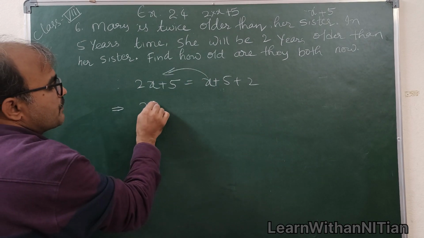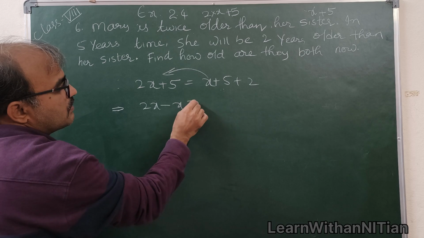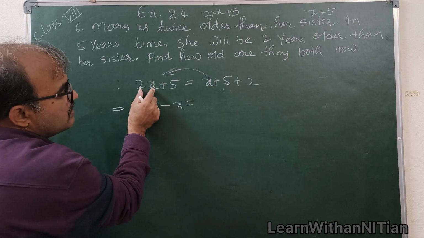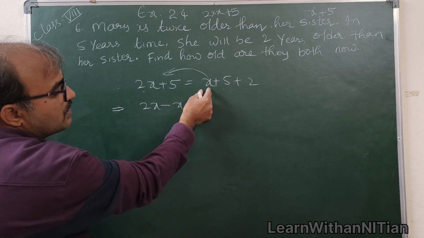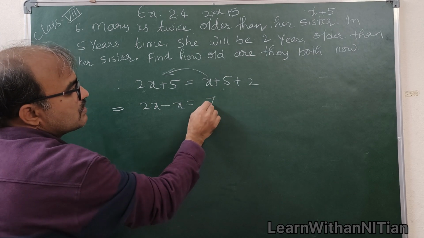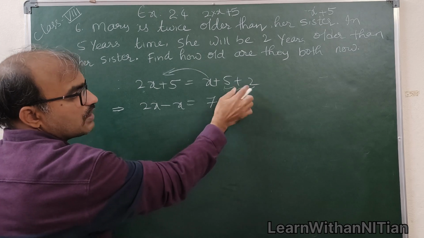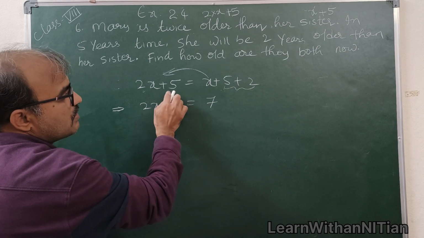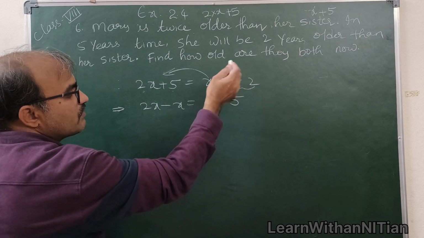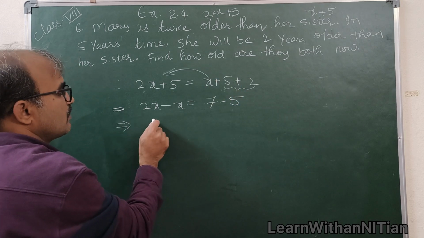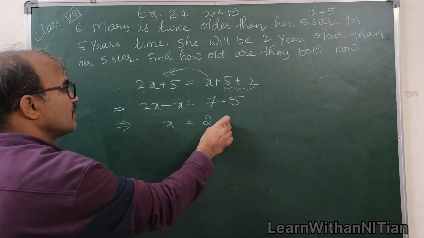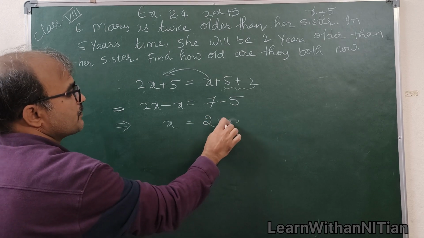2x minus x. All variable terms on the left side. 2x is on the left side, write as it is. x on the right side, writing on the left side, right, minus x. 5 plus 2 is 7. These both are on the right side, 7 as it is. So minus 5: plus 5 on the left side, when it goes to the right side, will become minus 5. Implies 2x minus x is x. x is 2. Therefore sister's age is 2 years